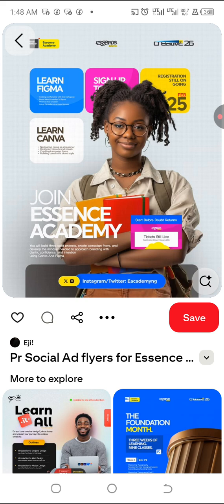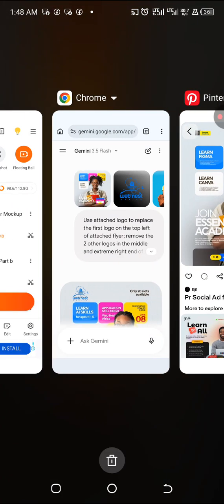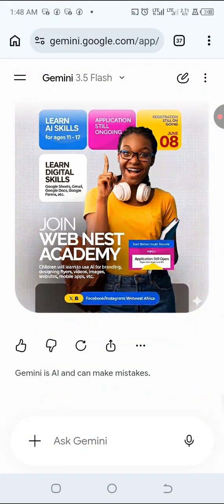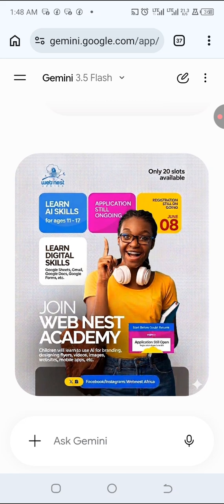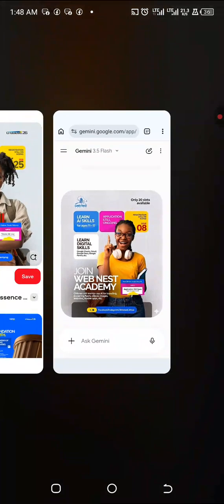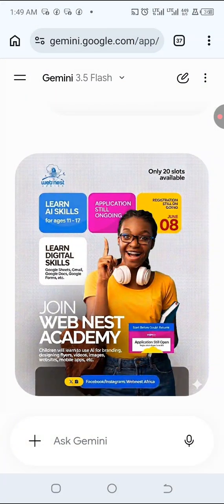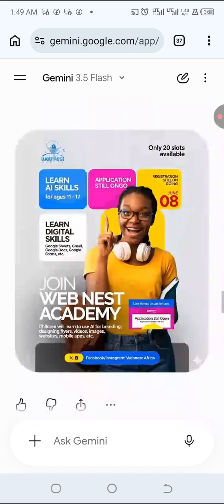Now the next step is the most tricky part. So here's my journey. Remember, this is where I ended. I ended with this flyer, but this was what we started with. I actually had to replace the image of the lady, so that you can know that it was really another design, but just using the same style. All right, so I came here and I started by